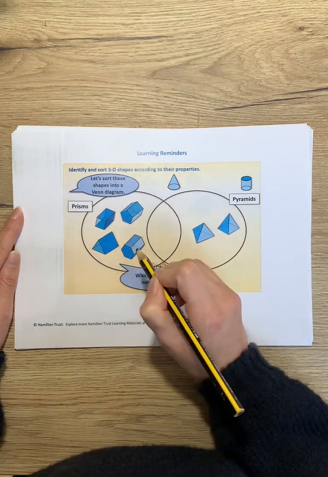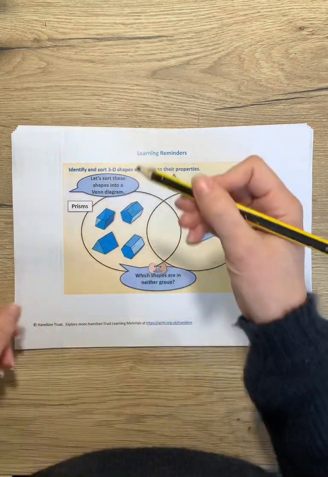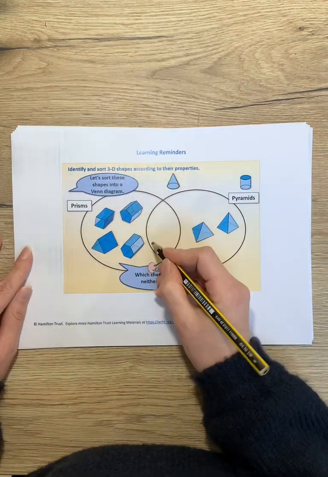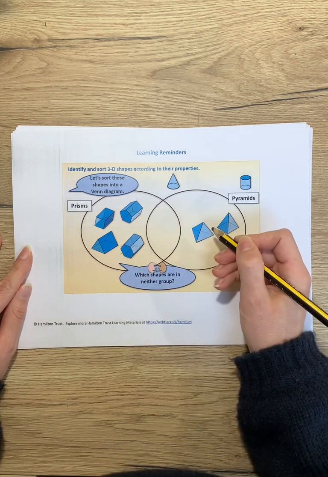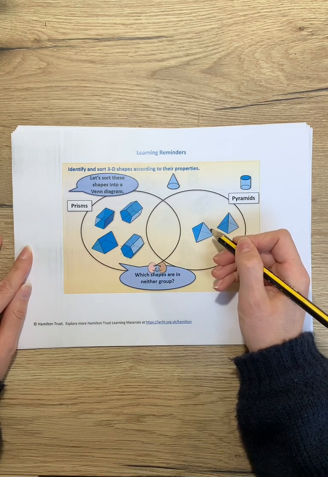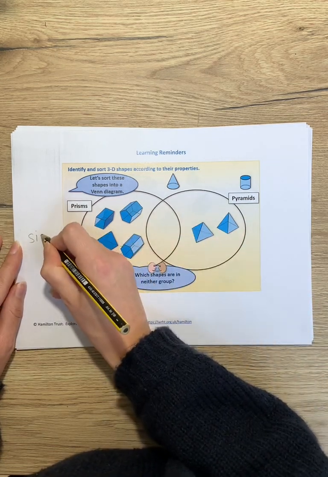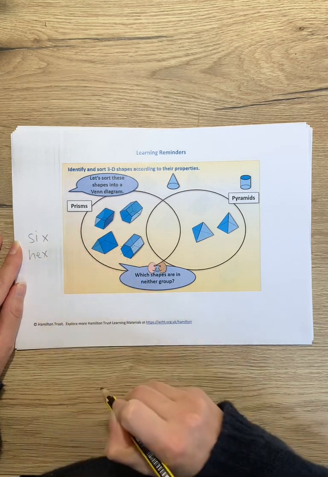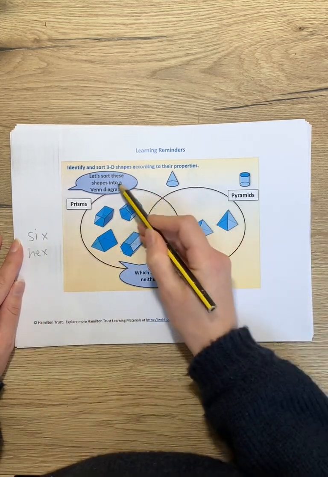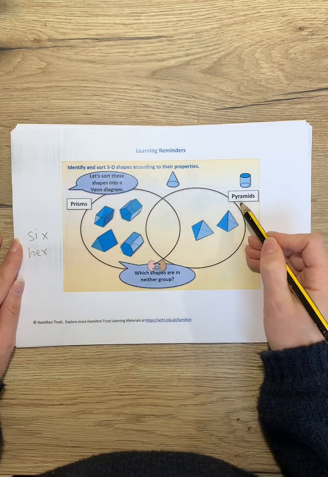Remember, I always remember 5, as you have 5 fingers on your hand and you always hold a pen in your hand. So pentagon. And then 1, 2, 3, 4, 5, 6-sided shape is a hexagon. Well done to those of you who said hexagon. And I always remember 6 has an X in it. So does hex for hexagon. Okay, so we've got our prisms in this part of the Venn diagram here, and then we have pyramids